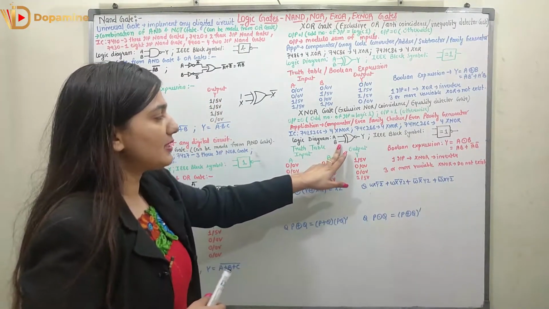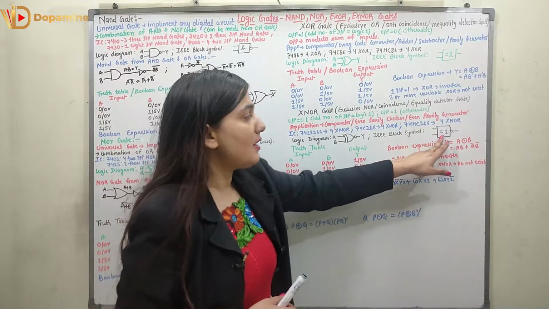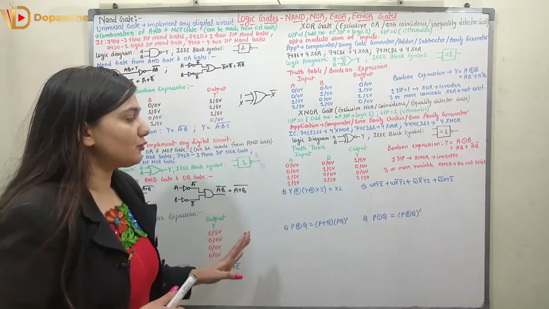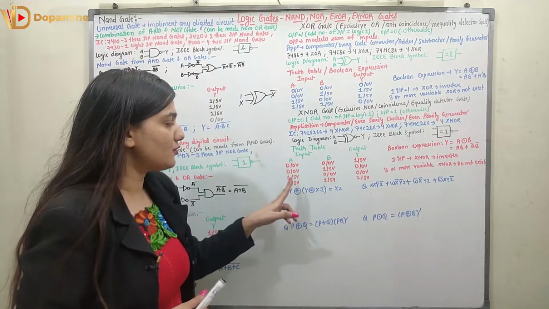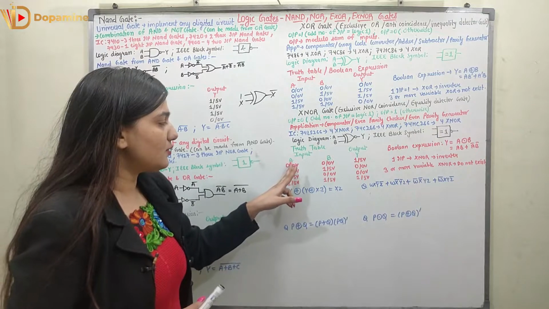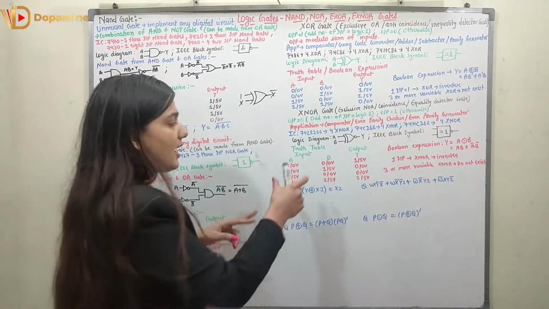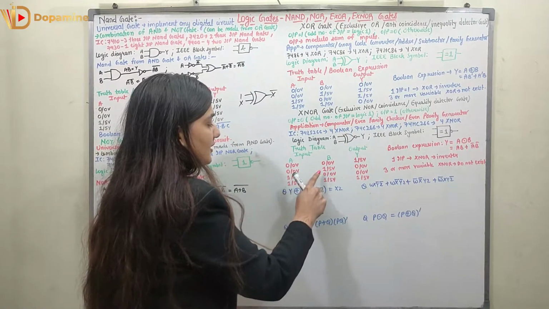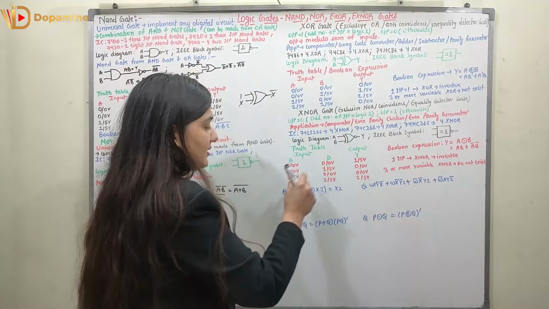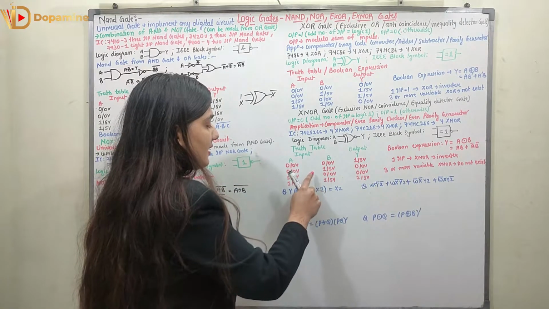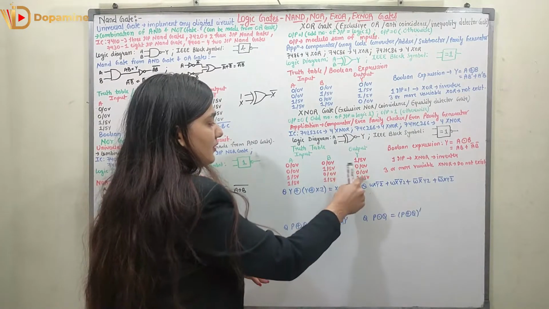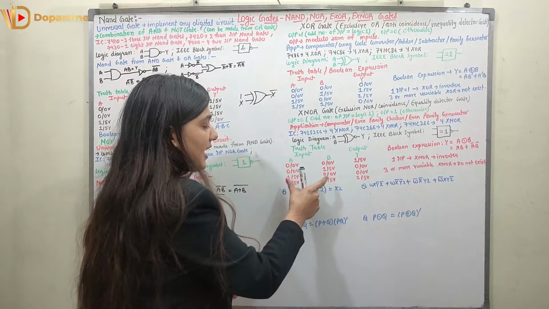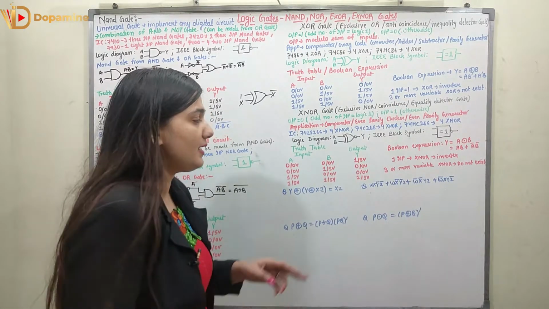The logic diagram looks like this, right, and the IEEE block symbol will have =1 and a circle over here. Right, coming to the truth table. The truth table will have 2 inputs: 00, 01, 10 and 11. So when the input is 00, which means both of the inputs are the same, 0 volt 0 volt, the output is 1, that is 5 volt. When one of the inputs is 0, the other is 1, that is 0 volt 5 volt, the output is 0, that is 0 volt. When one of the inputs is 1, another is 0, that is 5 volt 0 volt, the output is again 0 volt. When one of the inputs is 1, another is also 1, again we have the equality, 5 volt 5 volt, the output is 1, that is 5 volt.